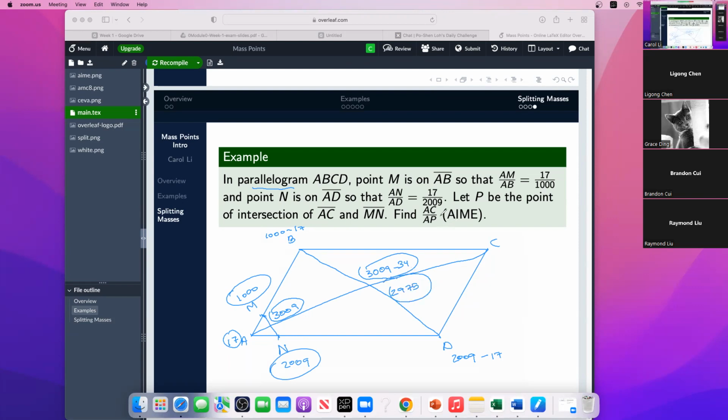So, AC to AP. We're trying to find the ratio. This is P, by the way. So we need to find this length. Something cool you guys should notice: this side length is the same as this side length. So if we can find the ratio of this small red portion, then we can just double it to get the whole thing. So the small one,